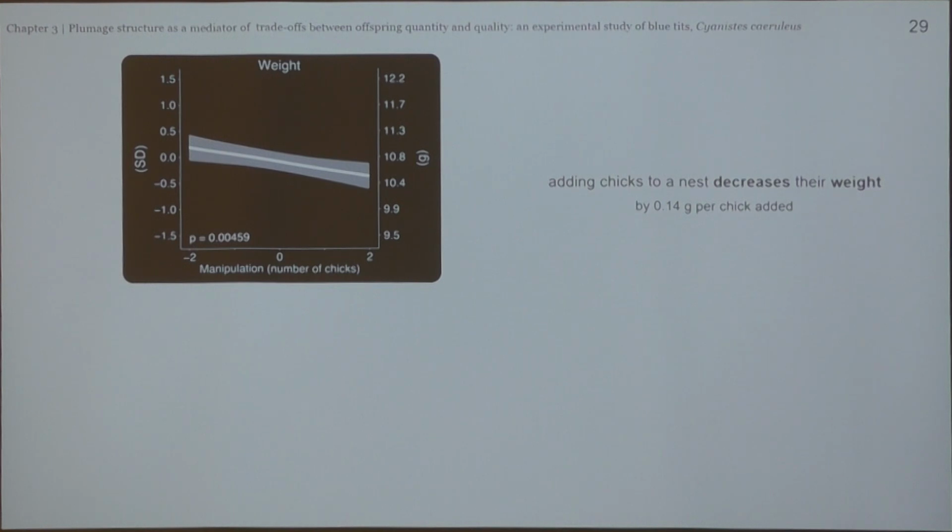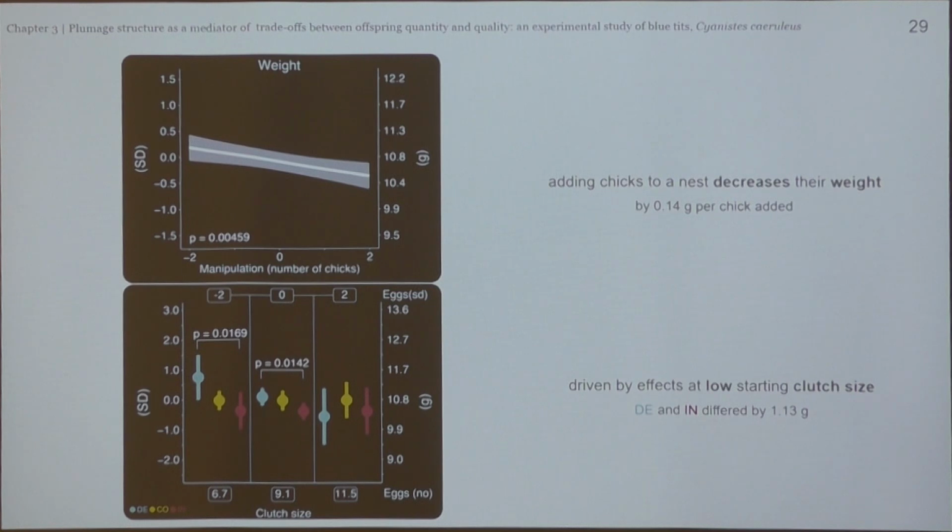So what you can see in each of the results, I will be showing on the left the z-scored value of the change, and on the right the raw results. And on the x-axis you can see the number of chicks that the brood was manipulated by. So you can see that adding chicks to the nest overall decreased their weight,